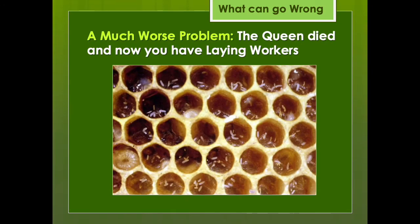Now, if you go into your colony and you see this, you've gotten much worse problems. A bunch of eggs laid in all different angles all throughout the comb means that you have laying workers. So basically the queen was lost or she died, and because the queen pheromone was no longer present, this allowed workers' ovarioles to begin developing to where they could lay eggs. Now, of course, worker bees do not mate and they're not fertile, so all of these eggs will be infertile eggs, which means they will